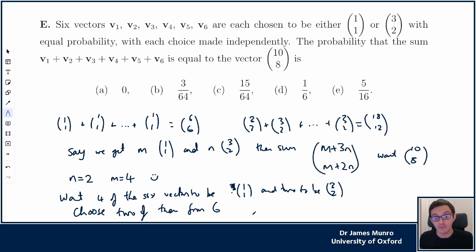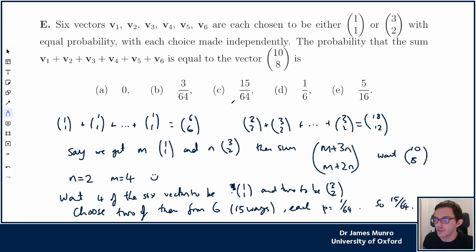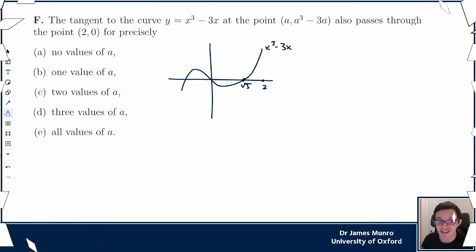There are 15 ways to do that. 6 choose 2, 6 times 5 divided by 2 is 15. 15 ways. Each has probability 1 over 64. So there's kind of 15 different sequences, ways to shuffle those vectors around, each has probability 1 over 64, so the total probability is 15 over 64, which is option C. Question F. We're asked about the tangent to the curve y equals x cubed minus 3x at the point